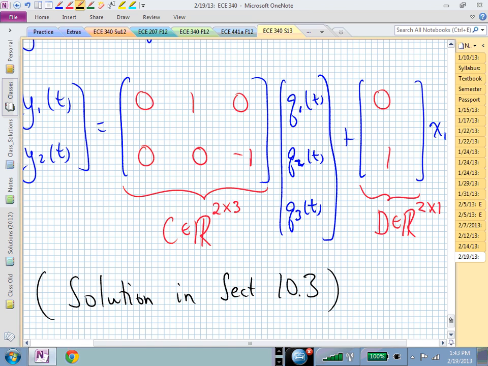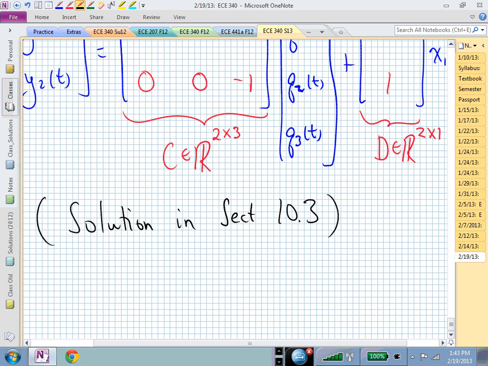I know you want to read ahead. Chapter 10, Section 3, you can find a solution to this. You can also see this, maybe you remember it from your background chapter,